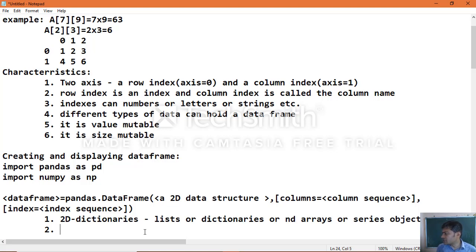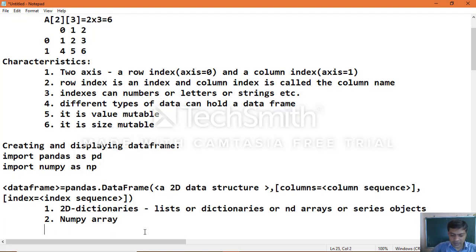Another one is two-dimensional ndarrays. Simply you can call it ndarray or NumPy array. Another type of data which you can hold is a series type object. Yes, that is what we mentioned within the first statement itself: 2D dictionary, dictionaries can hold lists, dictionaries, ndarrays, NumPy arrays, and series objects.